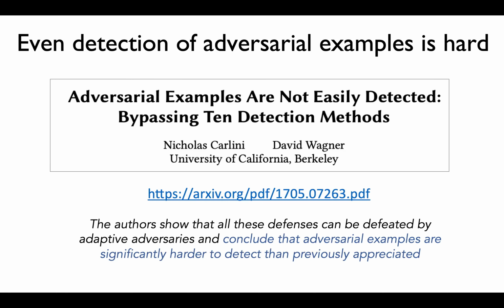In fact, this is a paper again by the group of Nicholas Carlini, who showed that adversarial examples are very difficult to detect. And 10 methods that were explicitly focused on detecting adversarial examples were bypassed by an adaptive adversary. So we shall see that an adaptive adversary is an adversary who has knowledge about the detection method. And it has been shown that such adaptive adversaries are quite potent. So once you know what defense is used, you can actually work around that.